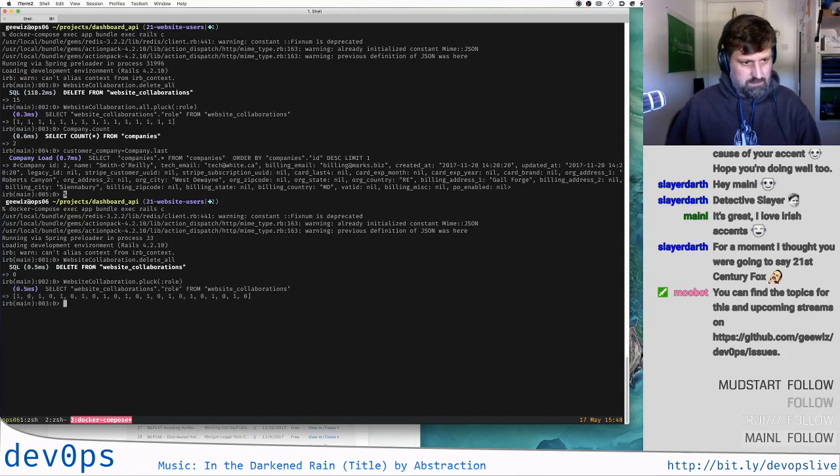If we just take the roles, yeah, so we have an alternating line of the same two users for each and every website, and the first one is always collaborator, the next one owner, collaborator, owner, collaborator, owner. And it's an odd number of websites because probably the first website belongs to the admin company, which would be my company, and then we have our client company here, and oh no, it's the other way around, isn't it? The owner is the one, because 0 is the default value as the collaborator, so it's owner, collaborator,